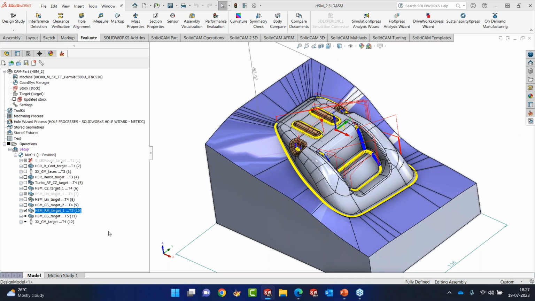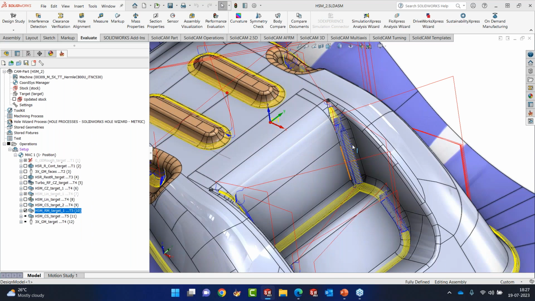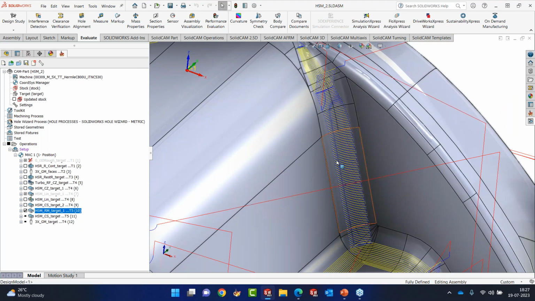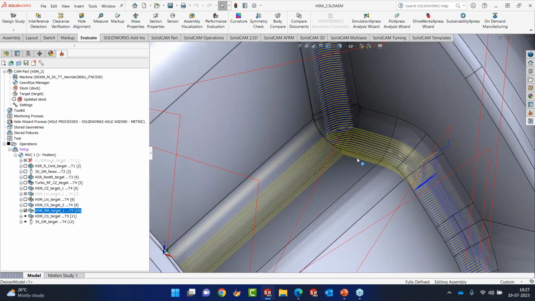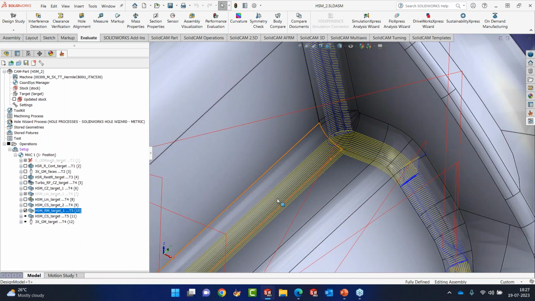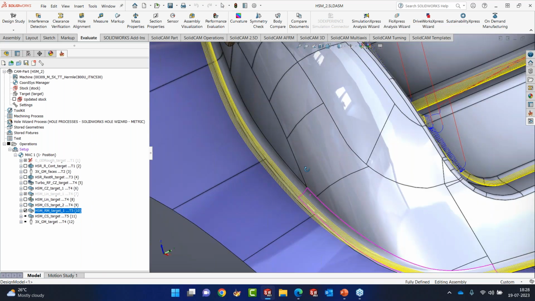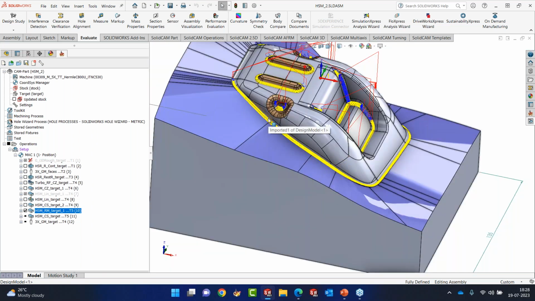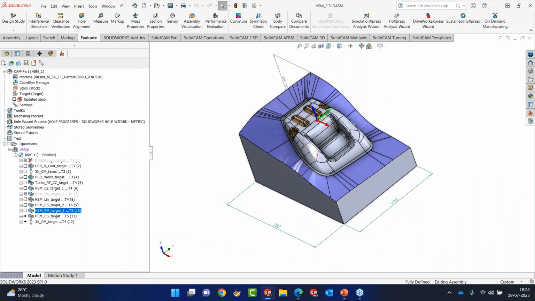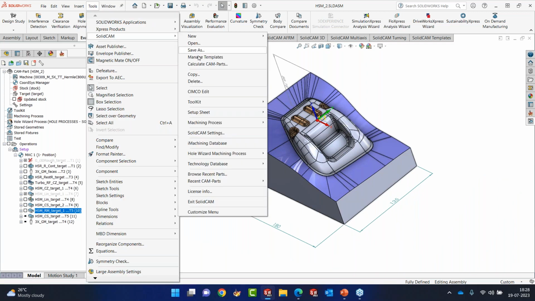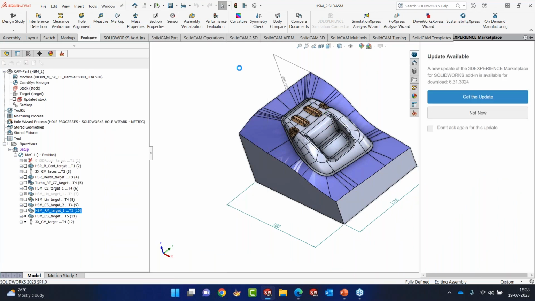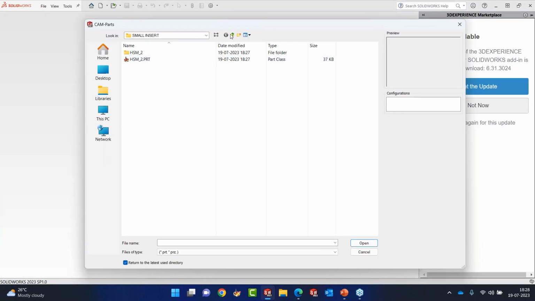So what rest machining does basically is it breaks the machining into two areas. The steep areas it does using constant Z machining, and the shallow areas it does using the following the fillet method. Okay, it's like full 3D, not constant Z machining. Perfect. So this was about small inserts. We move to a larger insert. I mean, nothing really changes in the large insert, except for the fact that the part becomes bigger,